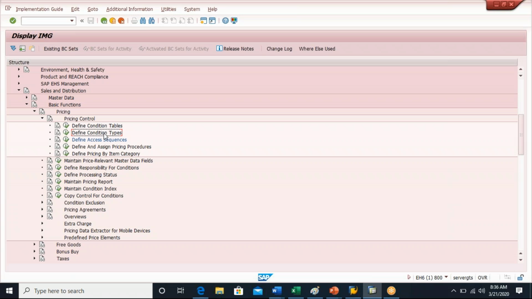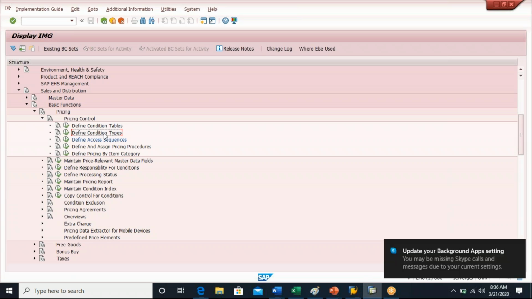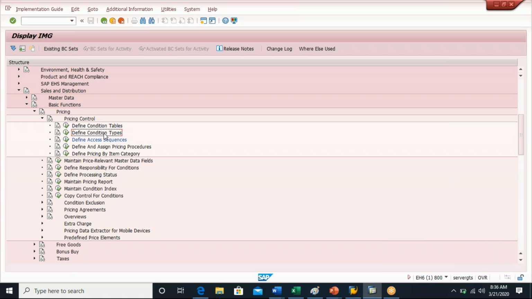So what is a condition type? Basically the condition type defines the characteristics of a condition, or the behavior of a condition during the order processing. That means let me put it this way. If I go to the sales order,